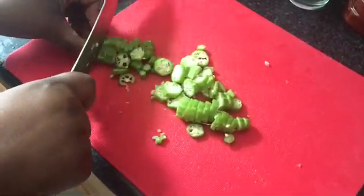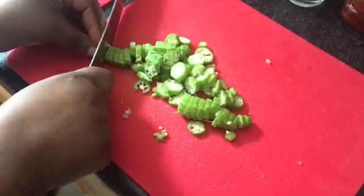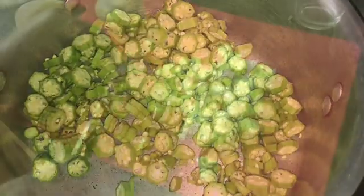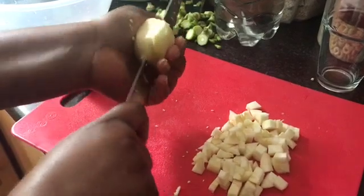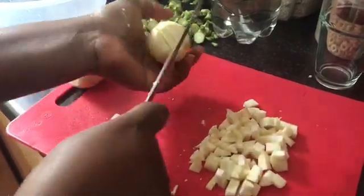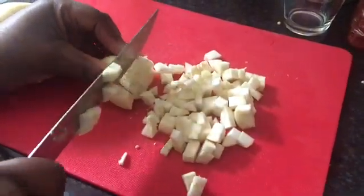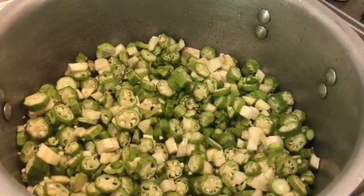It's time to chop the okra. Trust me, this is a very simple way of making okra stew. So we've got our garden eggs. You can either use eggplants or zucchini if you don't get garden eggs, or completely leave it out. It's up to you. She added about half a glass of water to the okra,